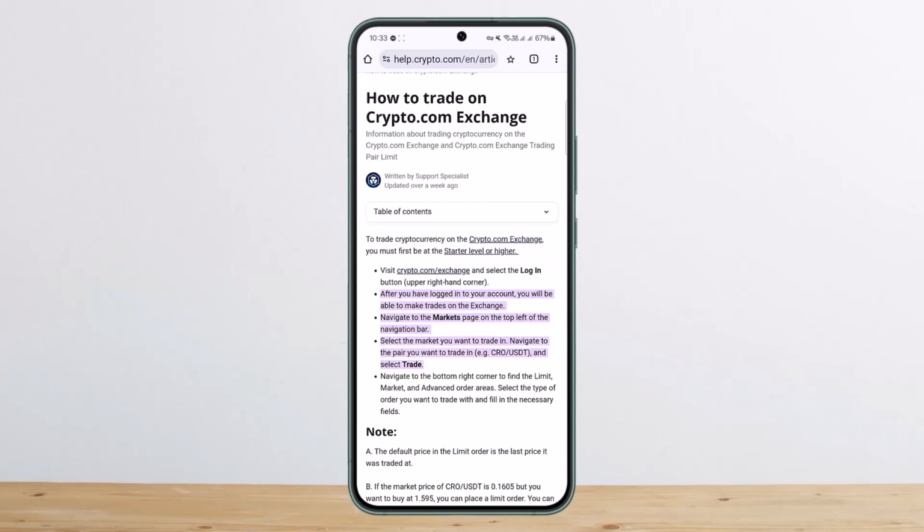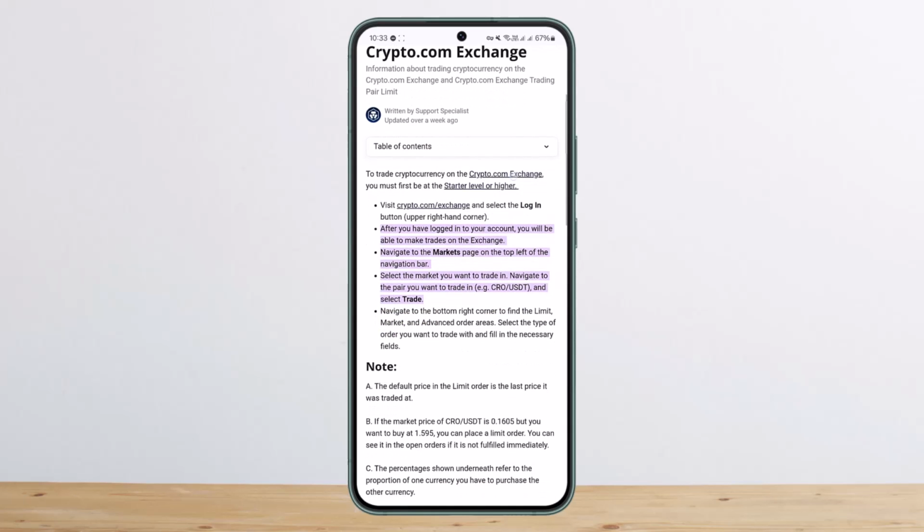Now, as you can see, first things first, you want to visit crypto.com/exchange and select the login button. Once you have logged in to your account, you'll be able to make trades on the exchange. All you have to do is navigate to the markets page on the top left of the navigation bar, then select the market that you want to trade in. Navigate to the pair you want to trade, for example CRO/USDT or Bitcoin to Ethereum and such,